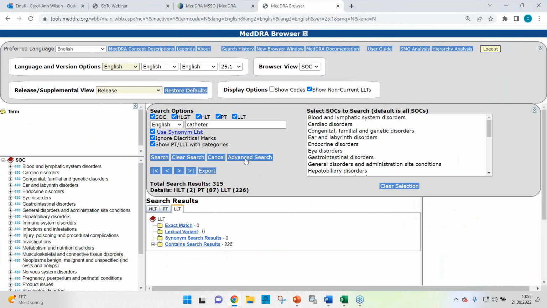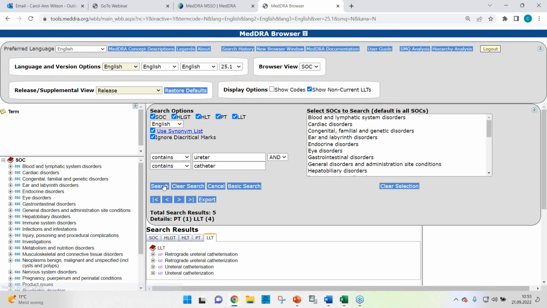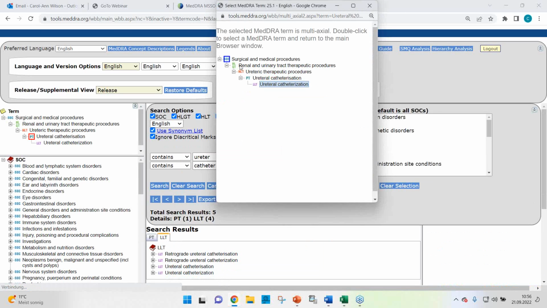And if I search now with the advanced search feature of the browser, and I enter ureter and catheter and search, I find ureteral catheterization. So if I do again the right mouse click, go to browser, it's grouped under